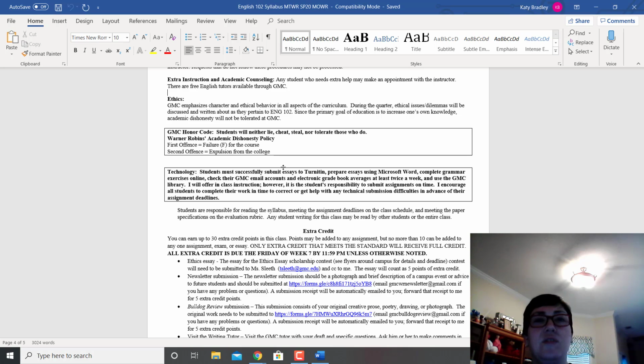I feel like that kind of levels the playing field. I feel like that helps teach you to use your resources, right? Because in the real world, if we had a question about how to do something in our workplace, we would consult the manual, we consult our notes, right? And so that's why I let you use your book and your notes. I want you to do that.